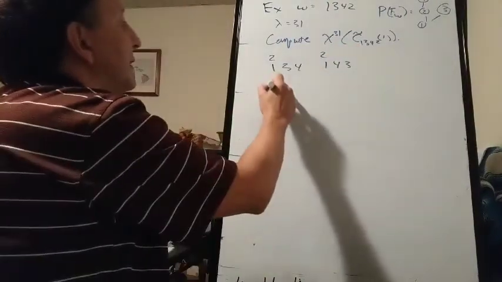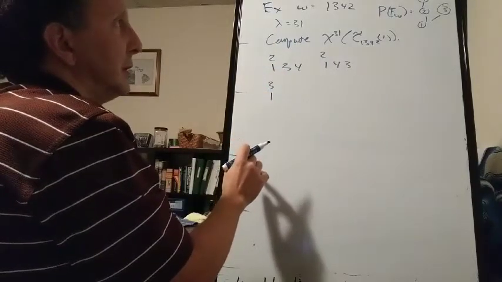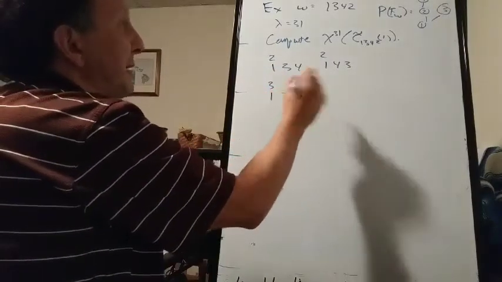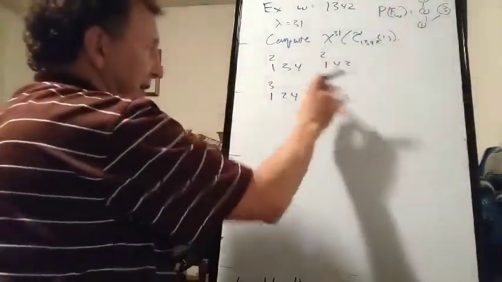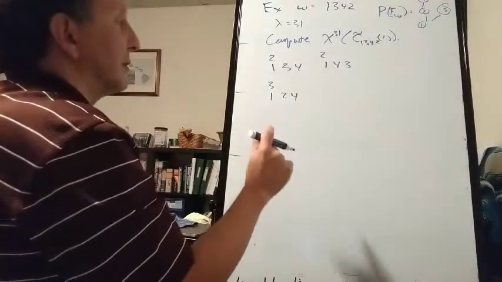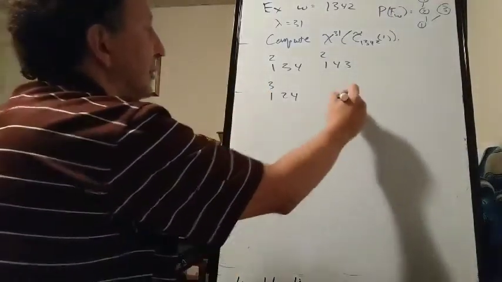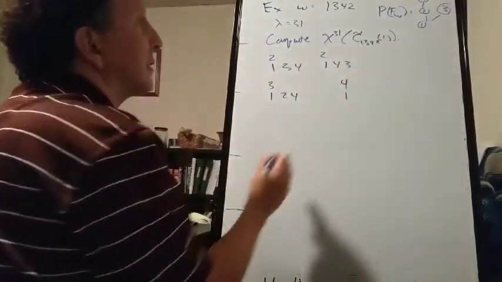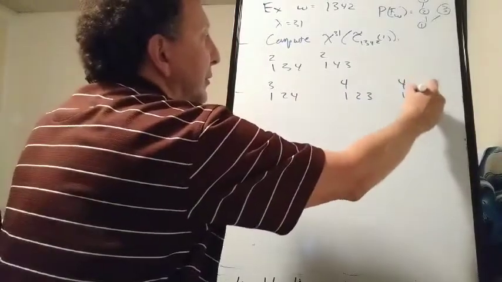And then if we have 1 and 3 in the first column, we can have 2 and 4 after that, but not 4 and 2, because 4 is greater than 2 in the poset, so it's not allowed to come first in a row. Then 1, 4 could go in the first column, and then 2 and 3 are incomparable, so they could go in either order